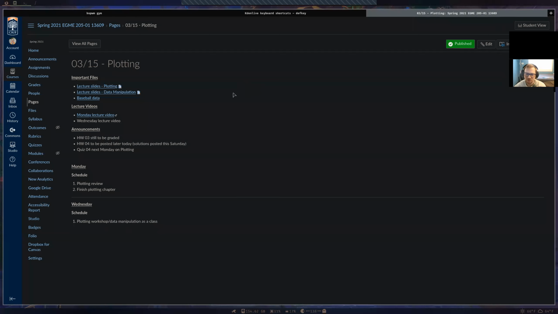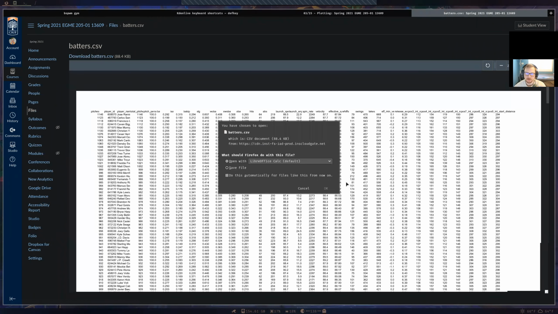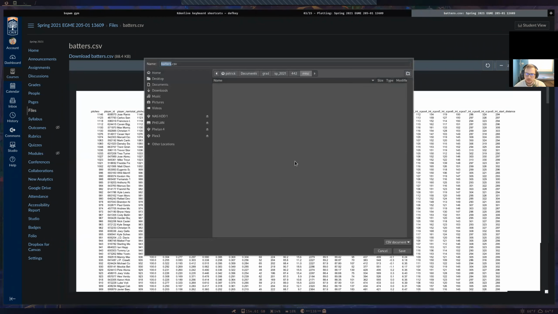Yeah, it's a lot of numbers. It's not a big file though. I think it's less than a megabyte, so it's still really small. Okay, so to get the data, we're going to click on baseball data. Yeah, it's not even 100 kilobytes, but it's a ton of stuff. Okay, and then we're going to click on this file once it loads up here. Then you'll save the file to wherever you're going to put your script. So for me, I'll go to 205, lectures, data manipulation, workshop, and you see that I already have the file in here, so I'm not going to resave it, but put this CSV file somewhere where you're going to have your Matlab script.